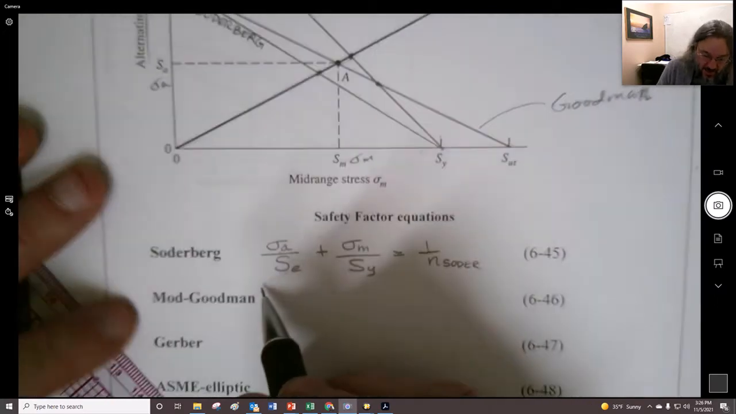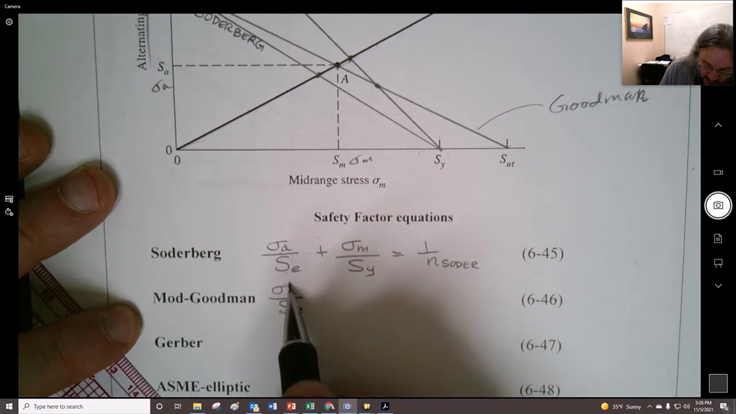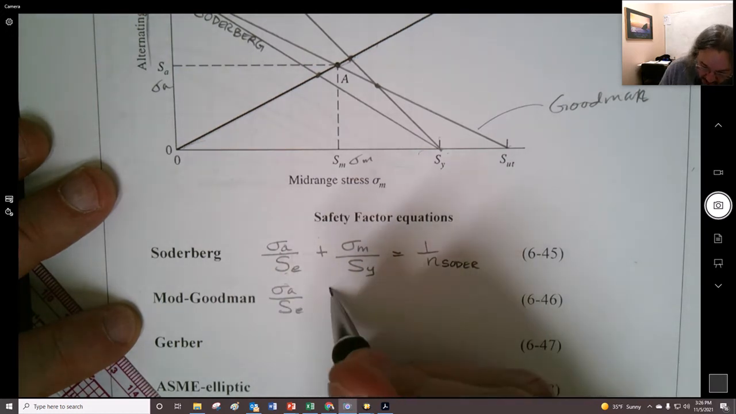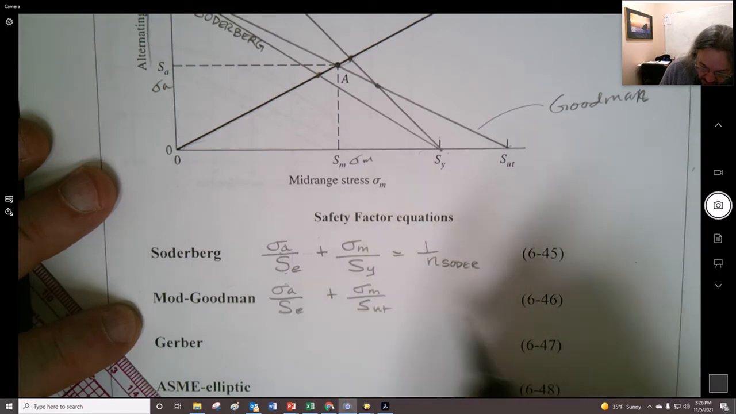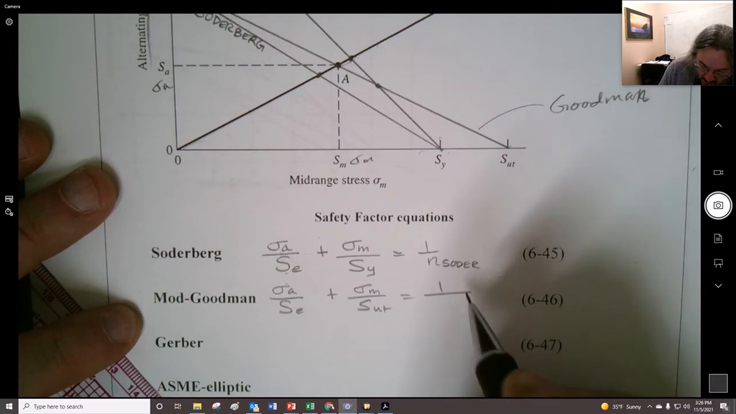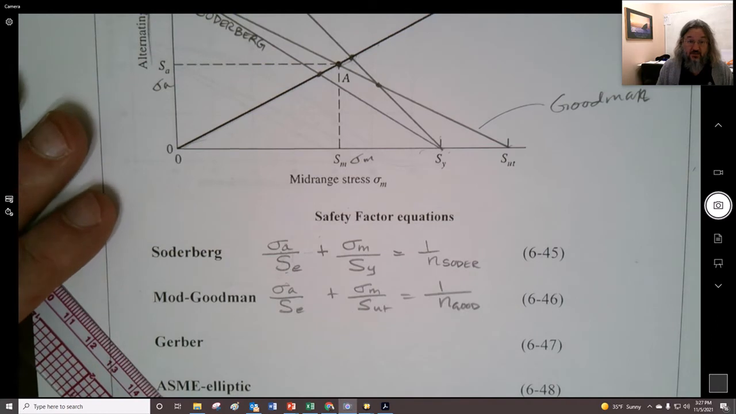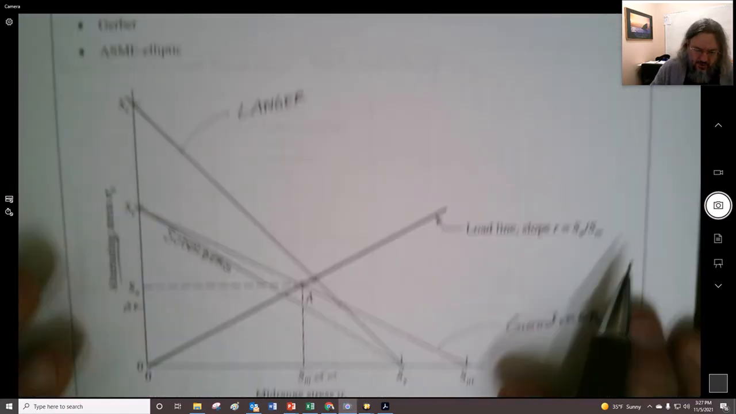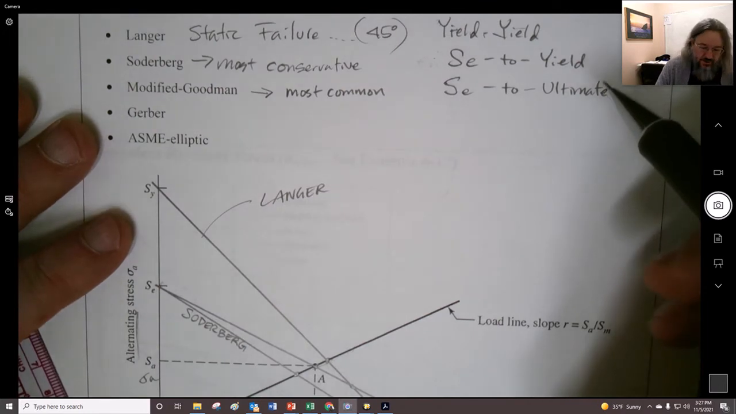And as an equation, you can almost predict this yourself. Well, of course, we're taking a ratio of the alternating to endurance still. But now in this one, instead of using yield, we use ultimate. And so that's 1 over n, and I go good, right in there. That's the Goodman safety factor. The other two are really just modifications of the